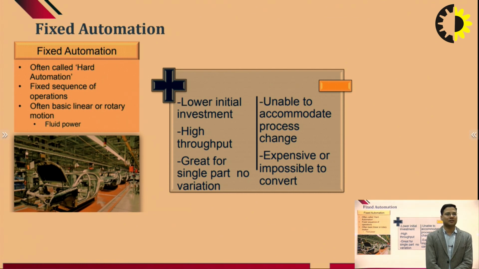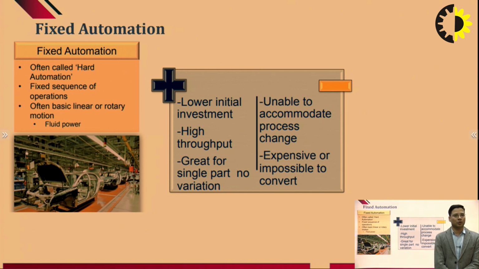These basic machines, when performing a series of operations, lead to high output. They had some great features in the form of a single part, when there are no variations related to them. But at the same time we were facing some disadvantages as well, since the machines, when implemented, are liable to perform the operation in a single way only.